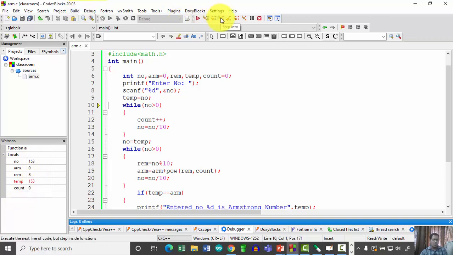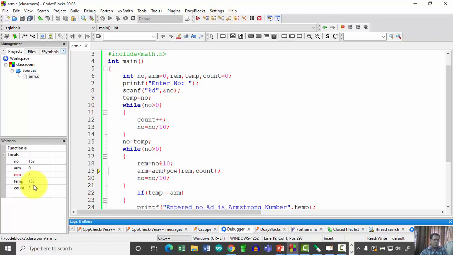So let us focus on first count, right? The count value is now 1, now it is 2, now it is 3, and when it is equal to 3, it will come out of the loop, as shown over here, and the value of number is now 0. It is the last updated value. So again I am going to load that with the value present in temp, that is the original number taken. Okay, now go with calculating the power of each digit.